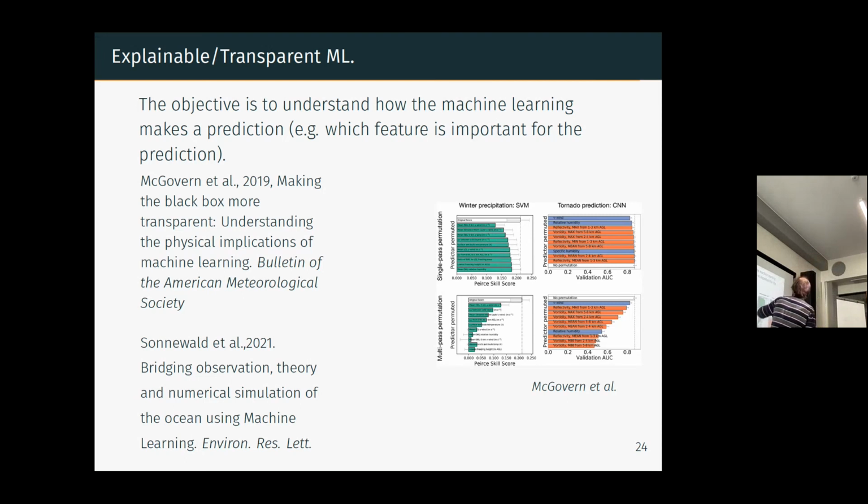There is a very nice paper from Mike Govern et al., who tried tornado predictions using convolutional neural networks, and showed that if, for example, you remove the wind from your input features, your prediction decreases. So you have a curve that says, okay, the wind is the most important parameter, and the relative humidity is another important parameter. But some other parameters are not so important to make a prediction. For example, reflectivity, not so important. So this is also a way to understand how it works.